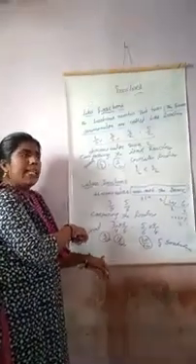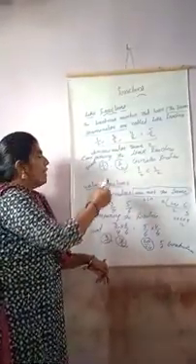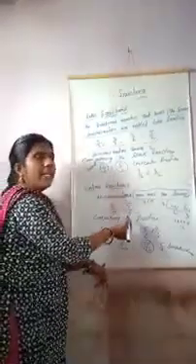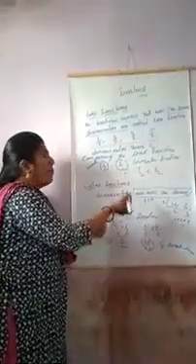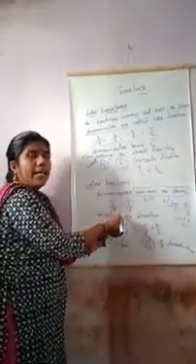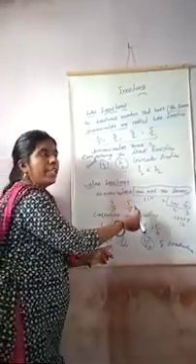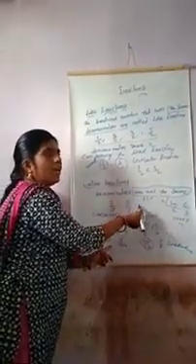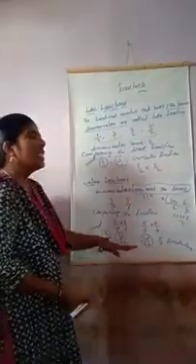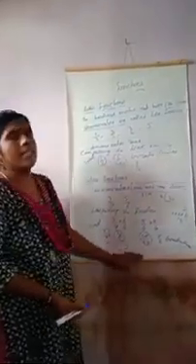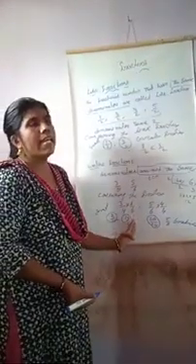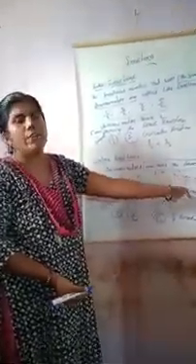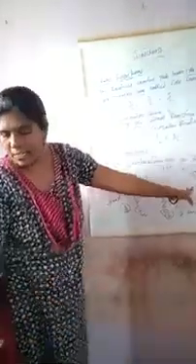Another is easily calculated. For the next fraction, you take the other fraction's denominator and multiply the numerator and denominator. Then you take the first fraction's denominator, multiply the numerator and denominator, and get the answer. Okay, it is easy to calculate. This one is a little more difficult. Is it clear, children?